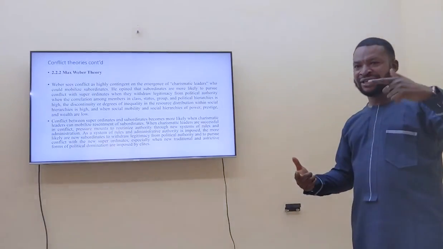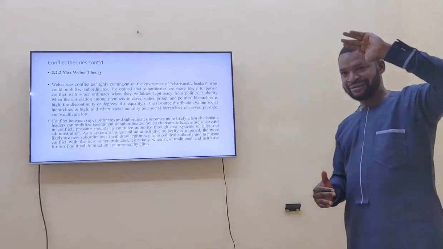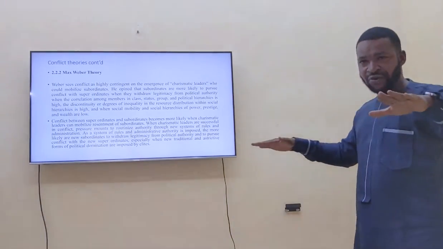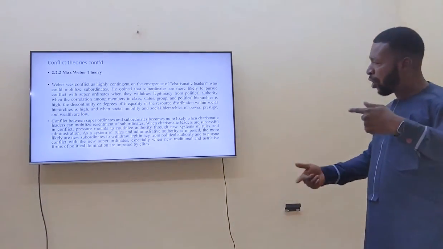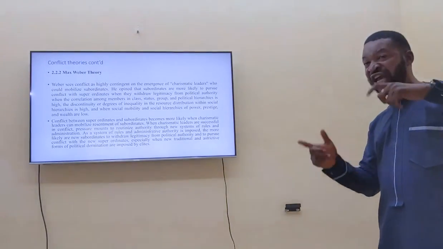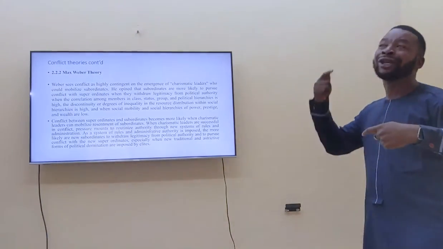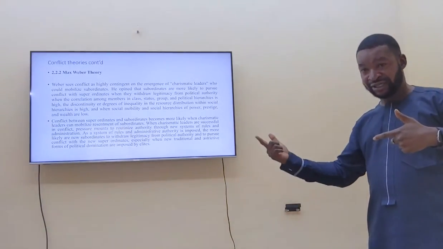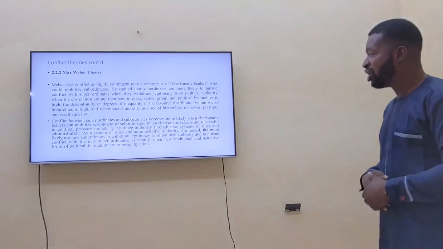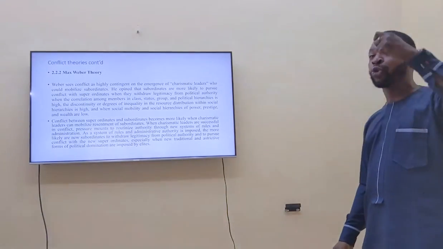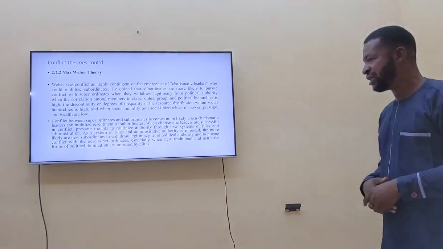What are they contesting? The fact that there are classes. They are going to contest that there should be what? Equality within the system. And because a lot of people at the local level will follow that charismatic leader and share his view, when their needs are not really taken care of, it will lead to what? It will lead to conflict. This conflict is usually called conflict between the superordinate and the subordinate.